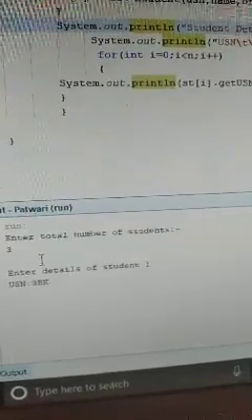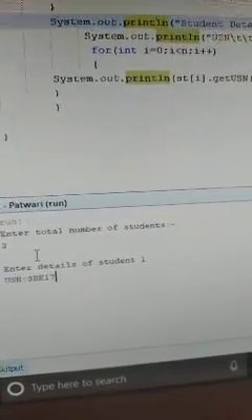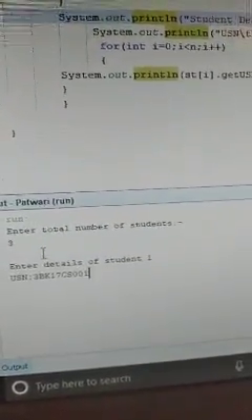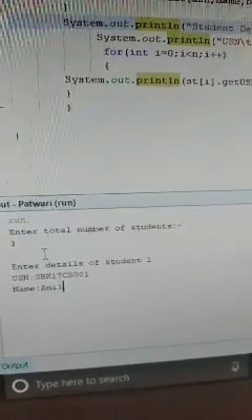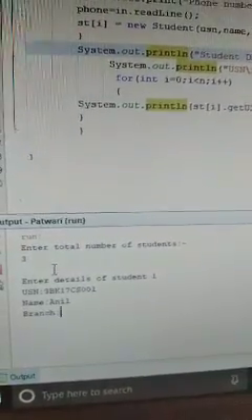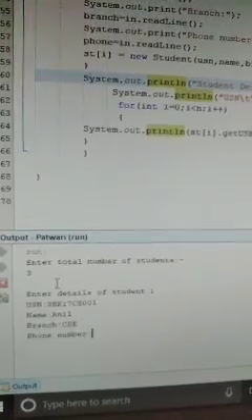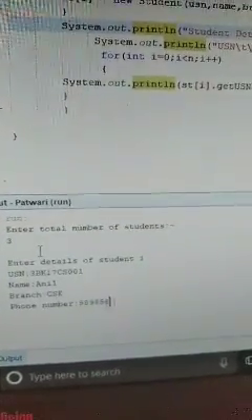USN: 1BK17CS001. Then name: Anil. Branch: CSE. This is the first record, with the mobile number next.